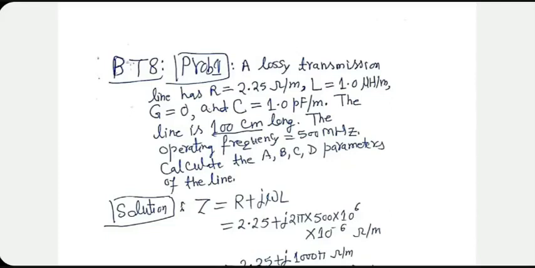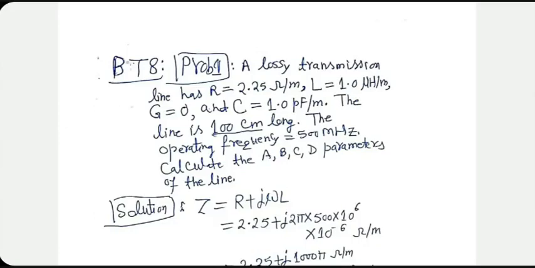Now, there are two notations here involving C. One means capacitance per unit length. The other is a part of ABCD parameters. So don't confuse the two. It is always a peculiar situation when you have the same symbol appearing twice, but with different meanings. But we should be intelligent enough to figure out that this C shown at the bottom of the problem is not the same C as that at the top.